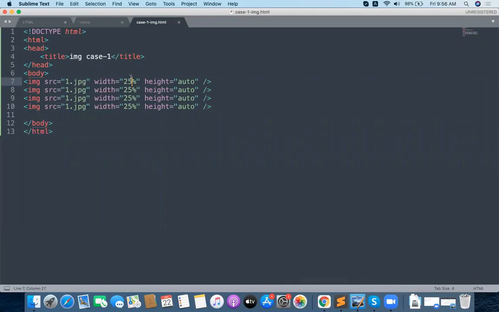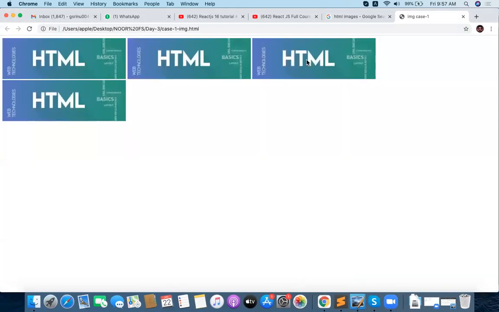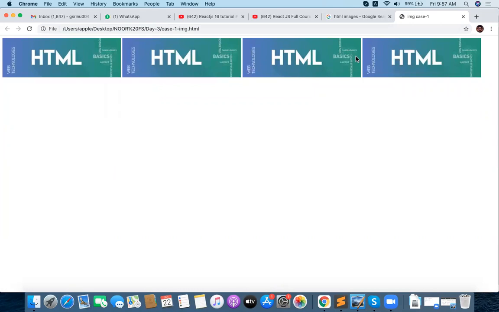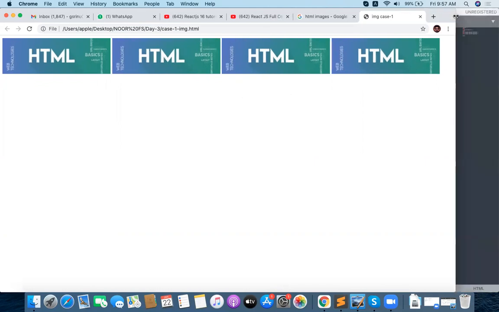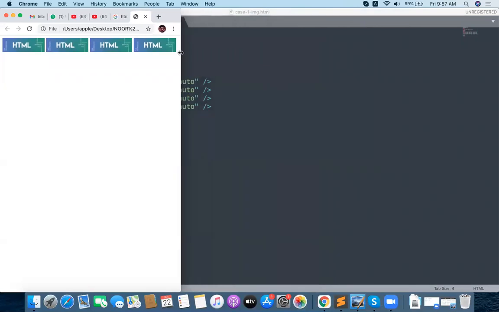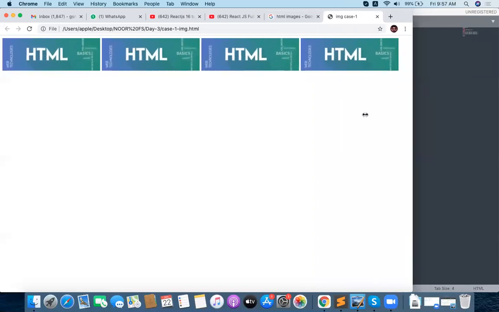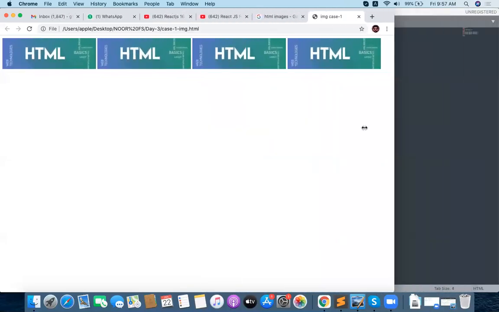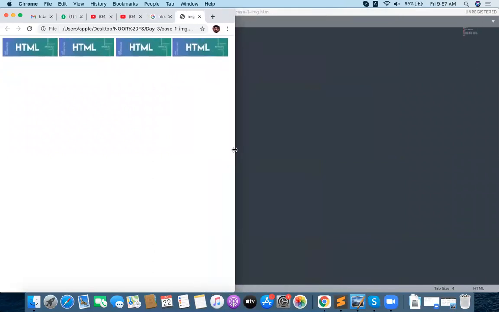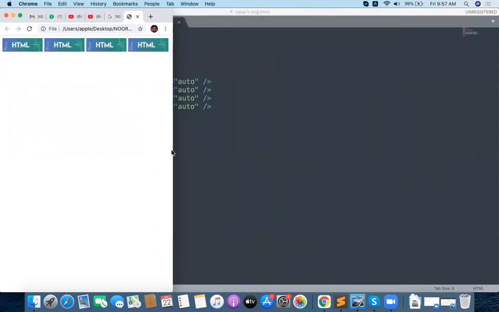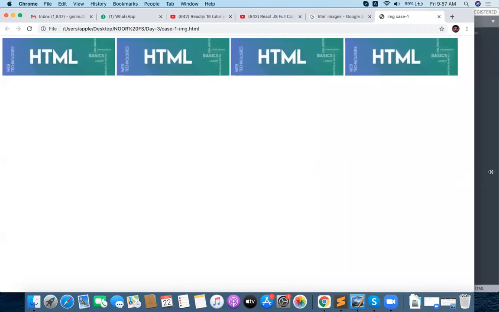So I don't want to give 25, I'm taking 24. 24% may be adjusted. Let's look into this. Yes, got it adjusted. 24% got adjusted, and you minimize the page. Width is not getting complicated, right? You minimize the page for the tab model, for the mobile model. Wherever you go, images are not getting conflict.